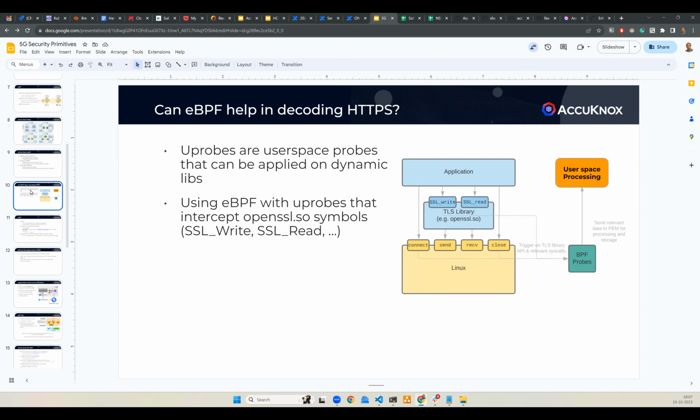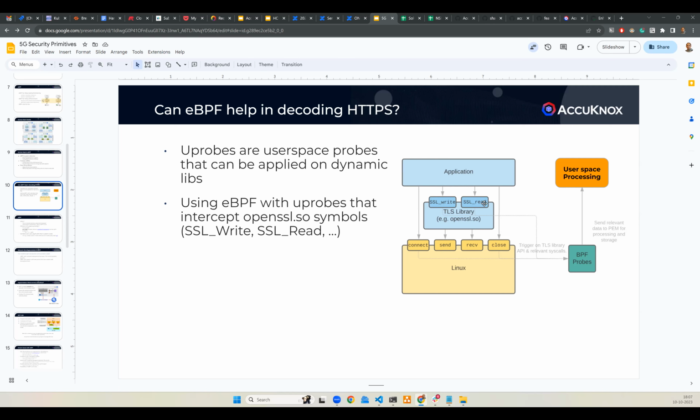One of the models that has become more popular is attaching uprobes. Just like kprobes, which are essentially kernel probes, you can have user space probes that can be attached to a user space application without changing the application itself. And then you can hook into certain APIs such as SSL write and SSL read.